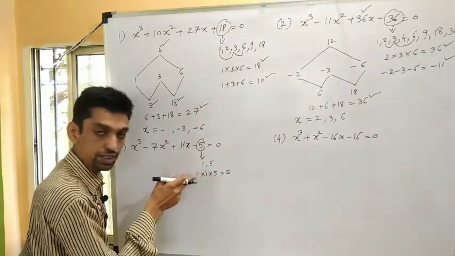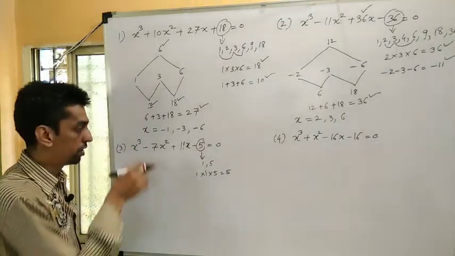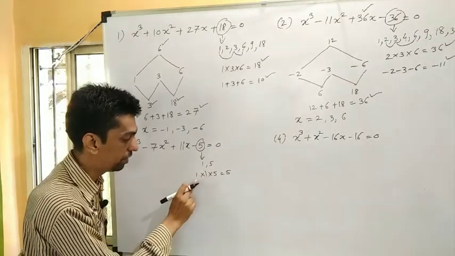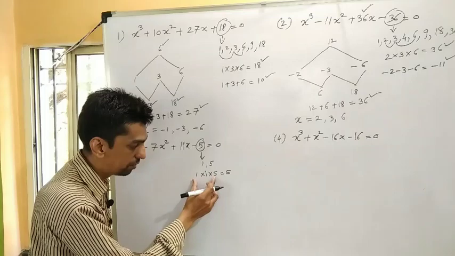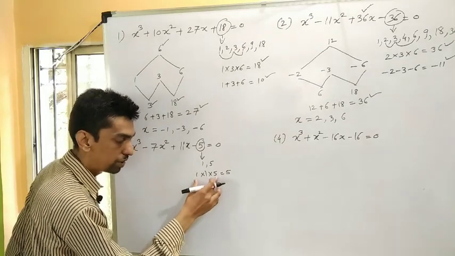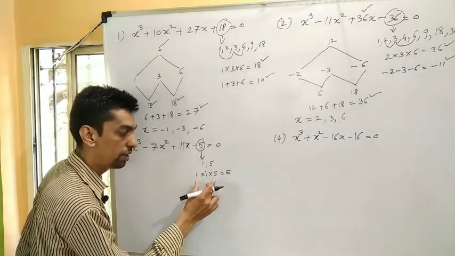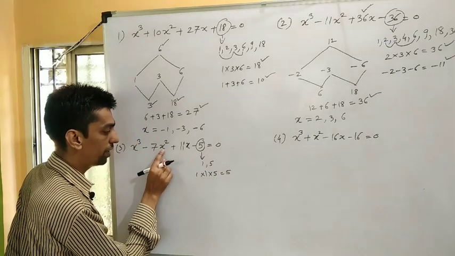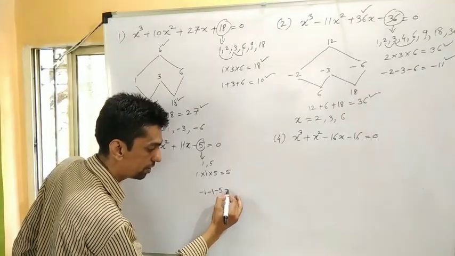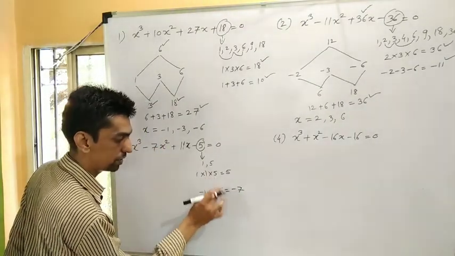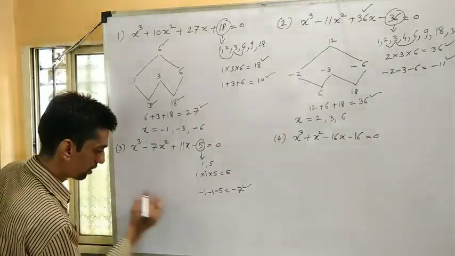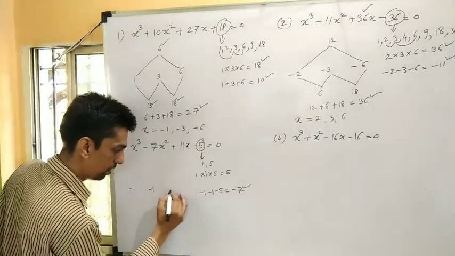In this case, according to the given equation it must have 3 roots, so we have to repeat one factor. So I am repeating 1 here, so that's why its multiplication is 5. So that is the constant term of the given equation, and in the next step we have to apply the combination for all these 3 numbers in such a way that its addition or subtraction must be the coefficient of x square. Here the coefficient of x square is minus 7. So if I apply the minus sign for all these 3 numbers, it becomes minus 7. So minus 1, minus 1, minus 5. So it becomes minus 7. So this is also satisfied. In the next step, we have to take these 3 numbers along with the sign: minus 1, minus 1, minus 5.